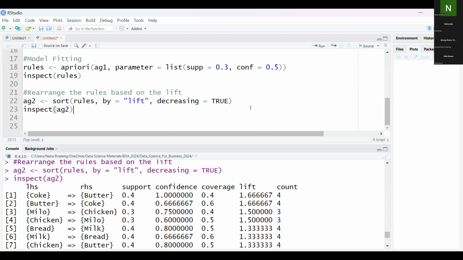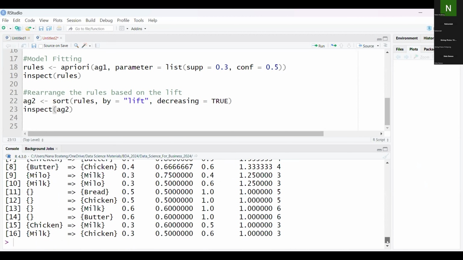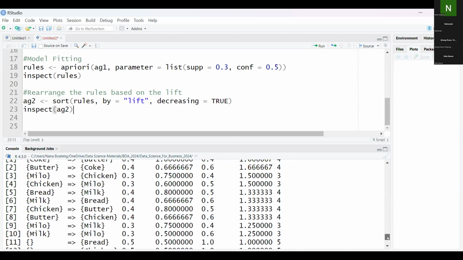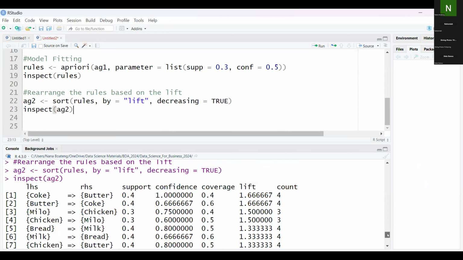Followed by the third transaction, that is anyone who bought Milo also bought chicken. So it does the one item sets. Here it is doing just one item set. We'll take others that involve other item sets. So based upon the threshold that we set, you see that it's giving us this